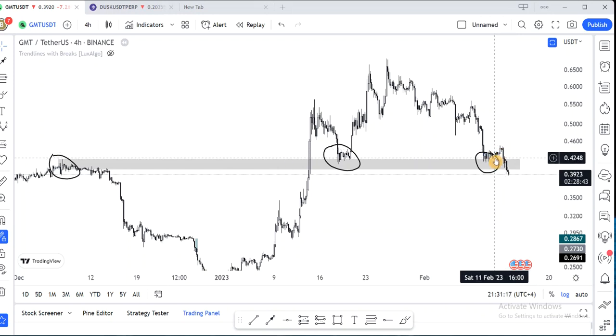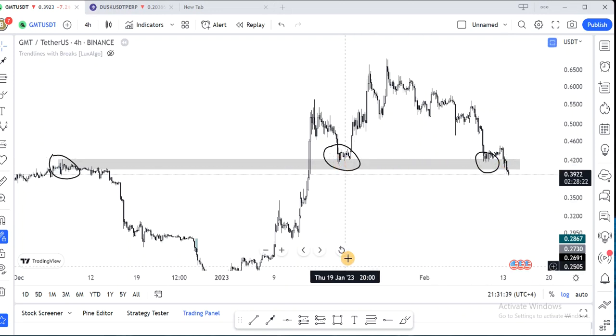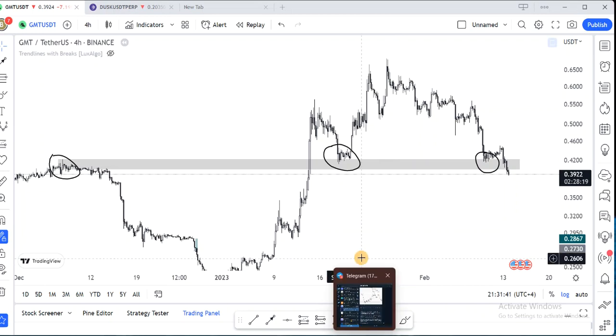Instead of it pumping higher, as I thought it would, it didn't pump higher. Rather, it cut from here and started dumping. And immediately at that time, I closed off this trade. One thing that I noticed about this coin: I closed off this trade and I was monitoring this level. So I was monitoring this level, and if you